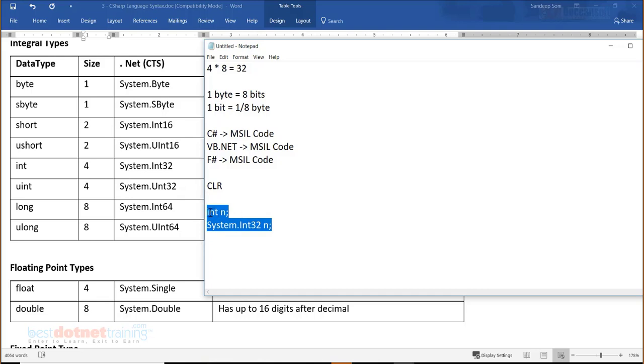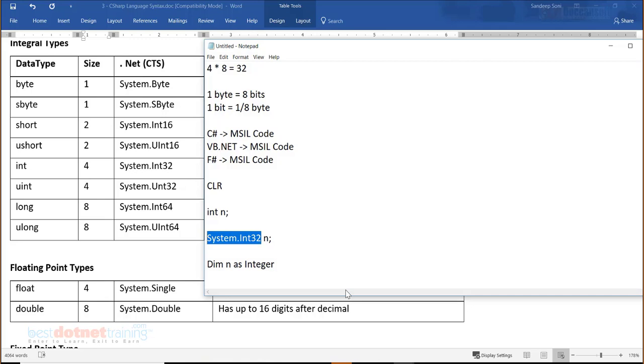Because on compilation, int is ultimately going to convert itself to Int32 only. Likewise, in VB.NET, I'll say Dim n As Integer, and this also is eventually going to get converted into System.Int32 n. So whether it is C# or VB.NET, neither provides the meaning to integer. It is MSIL which provides meaning to integer. Hence, data types are independent of the language.